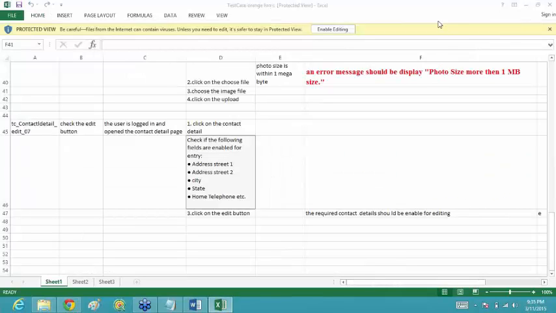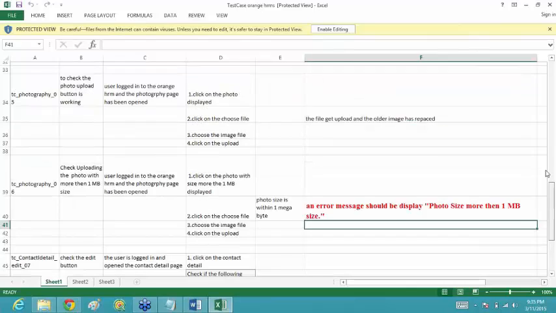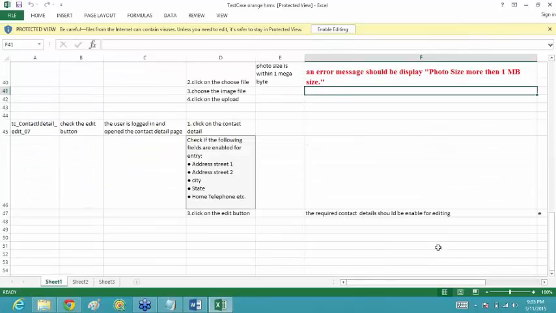Is this your test case? I mean, is this your sheet? Okay, so here it is, right?